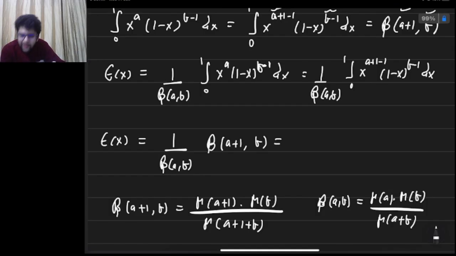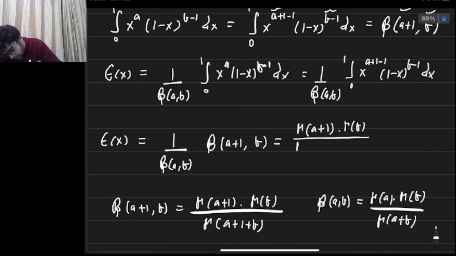Now if I just divide these two values, I'll be left with gamma a plus 1 into gamma b and gamma a plus 1 plus b, and this will become gamma a plus b divided by gamma a gamma b. So this and this get cancelled, and finally